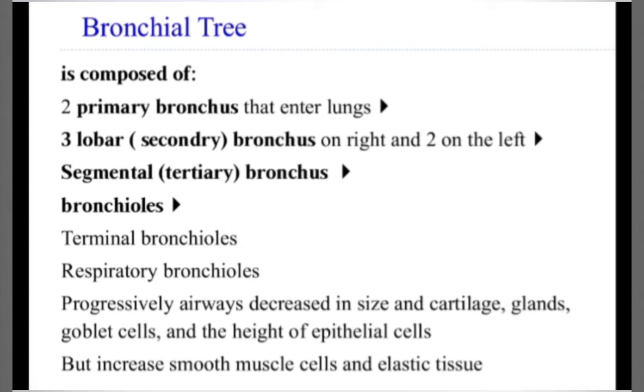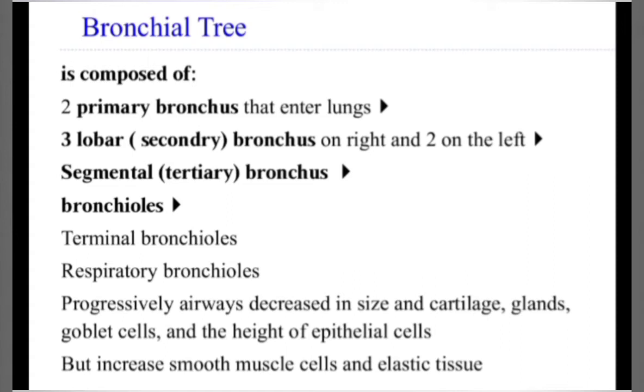Let us revise. I was talking about the lungs. In the lungs there is a bronchial tree. The trachea divides into right and left principal bronchi, which are known as the primary bronchi. Then the principal bronchi give rise to the lobar or secondary bronchi, which enter the lung. There are three lobar bronchi arising from the right principal bronchus, while the left principal bronchus divides into two lobar bronchi. Each lobar bronchus divides further into segmental or tertiary bronchi, and these tertiary bronchi supply the bronchopulmonary